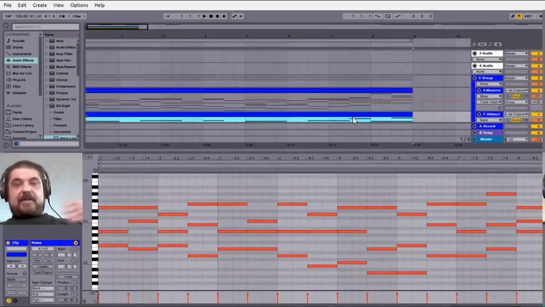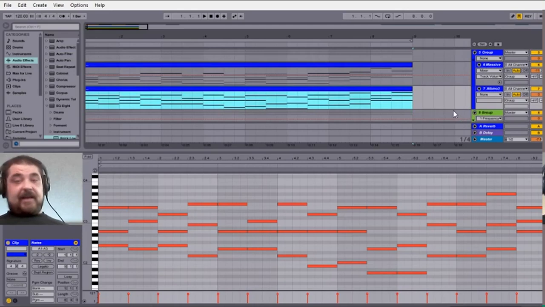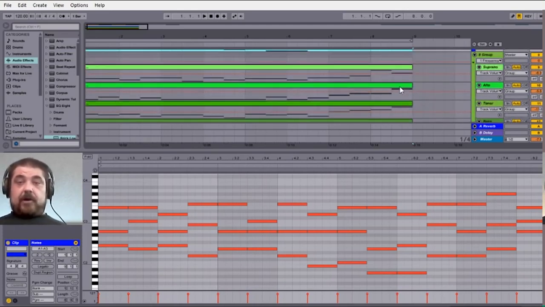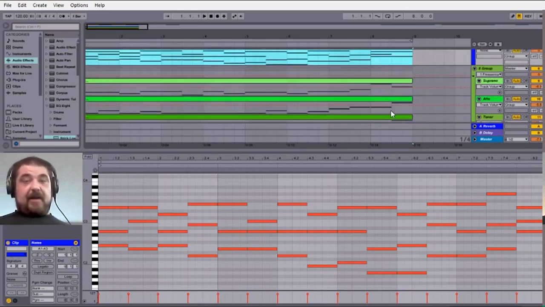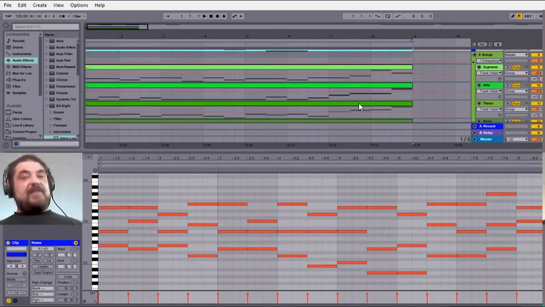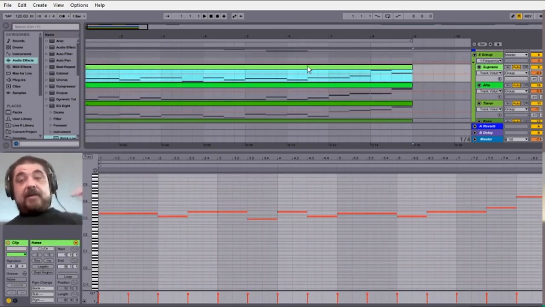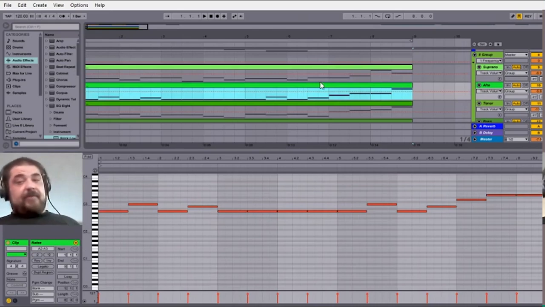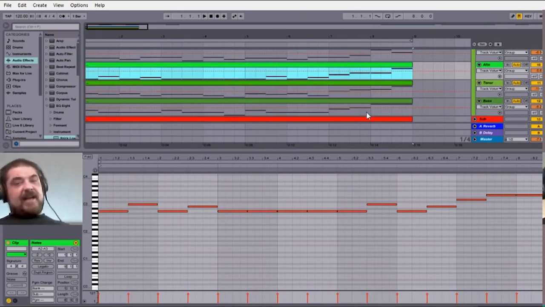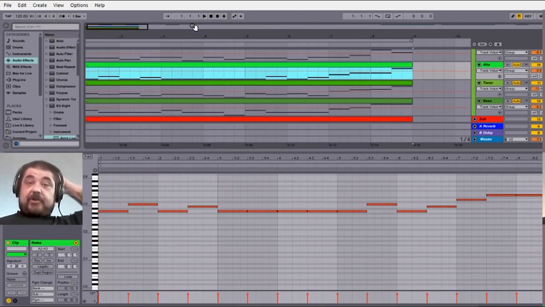So after that, I, of course, copy the chord progression over to all of these channels. Here's my soprano, my alto, my tenor, and my bass. And then I have my sub at the bottom. Now, originally, all of these were the same chord progression. I went into the soprano and deleted all but the soprano note. You go into the alto, delete all but the alto notes. You go into the tenor, yada, yada. When everything's said and done, I added a sub at the end,